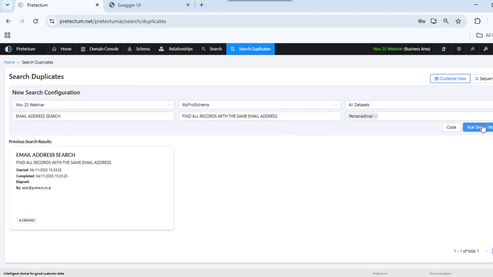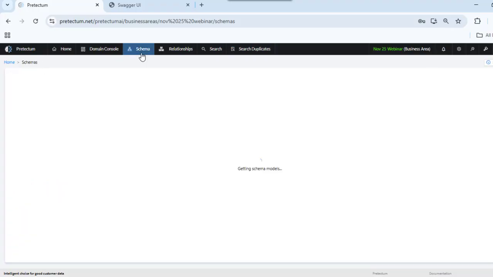That'll take a couple of minutes, and once it's finished processing, I will land up with groupings effectively based on email addresses. I don't know what I've got across these 3 data sets, my manually created, my file upload, and my JDBC connected data set, but it could be that even within those data sets themselves there are potentially duplicated records. So at any point I can run this, I can refresh it, and then I can come back to it and have a look. So what I'll do now is I'll go back to my schema,